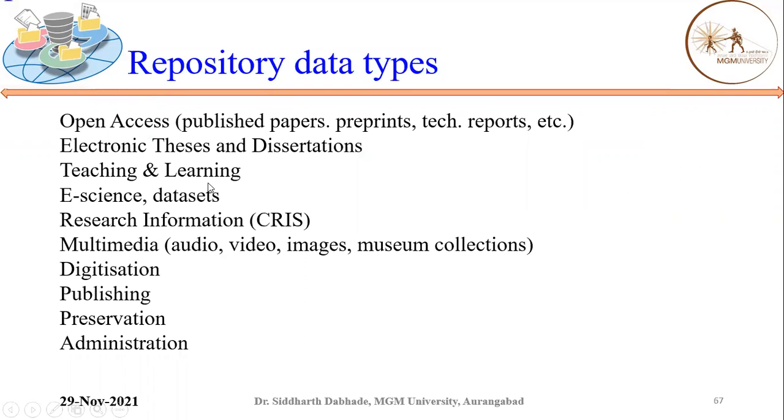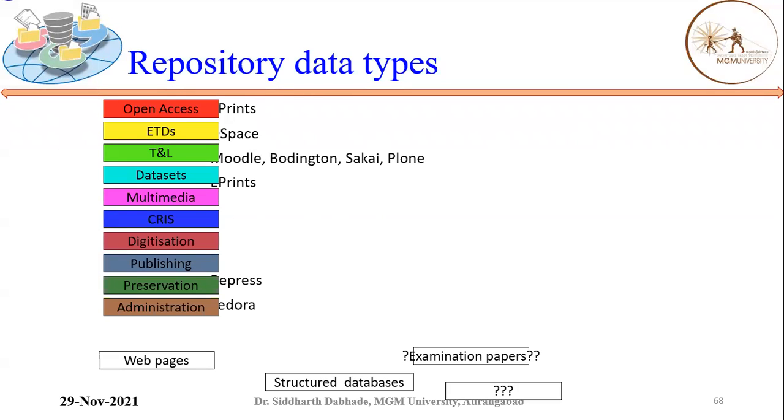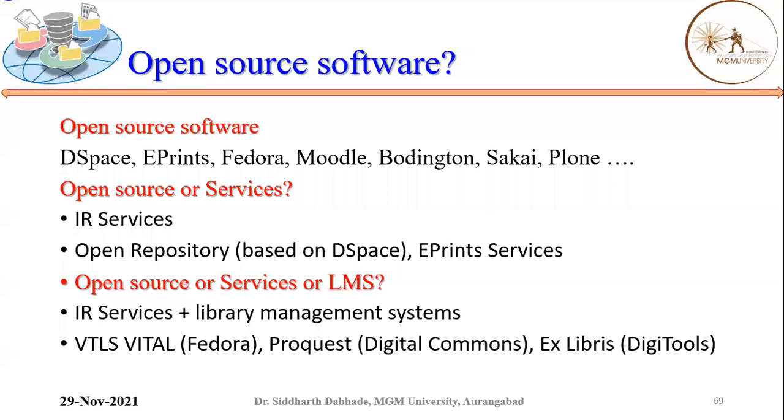So there, on the basis of what kind of data you are going to store, it has been categorized into the different data types, like open access, ETDs, teaching and learning, dataset, multimedia, CRIS, digitization, publishing, preservation, administration. On the basis of that, there are different types of software that are going to serve you, like open source software such as DSpace, EPrints, Fedora, Moodle, Greenstone, Sakai, Plone, and open source software for services like IR services, open repository, EPrints services, and open source services for learning management systems, plus library management systems,